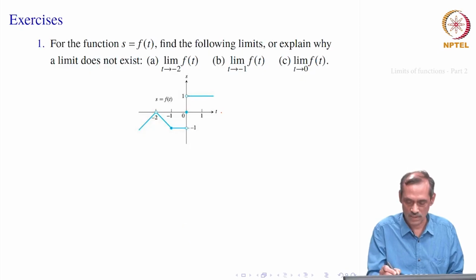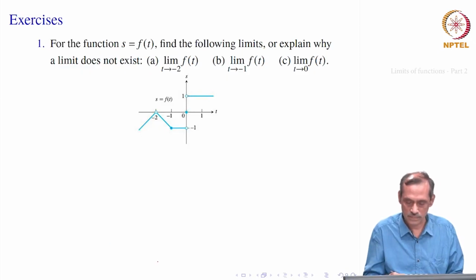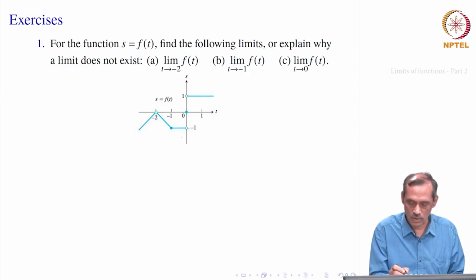So, this is the t axis which was x axis earlier, this is s which is y axis earlier. Now, f of t is given by this picture. So, what does that mean? Let us read the picture. At 0, its value is 0. When t is less than 0, lying between minus 1 to 0 and also equal to minus 1, its value is minus 1,